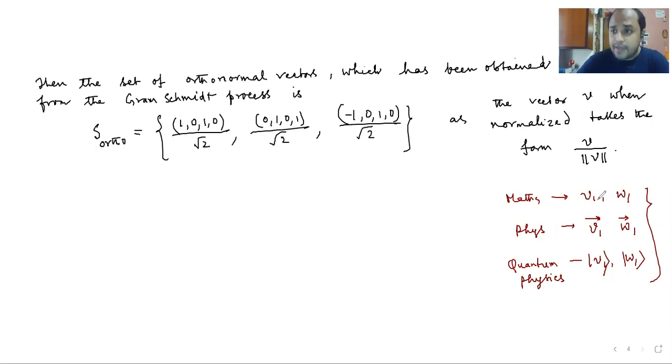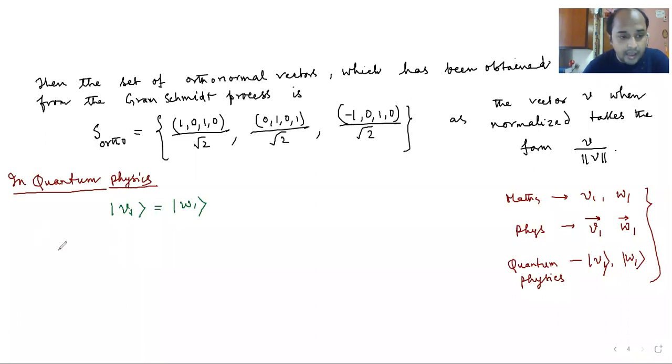In maths, we are doing maths because maths generalizes things. And in quantum physics also, the Gram-Schmidt process is very useful. So when people want to write the Gram-Schmidt process in quantum physics, they write it in the following manner. They write V1 is equal to W1 and